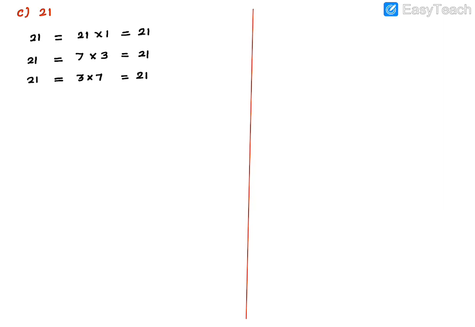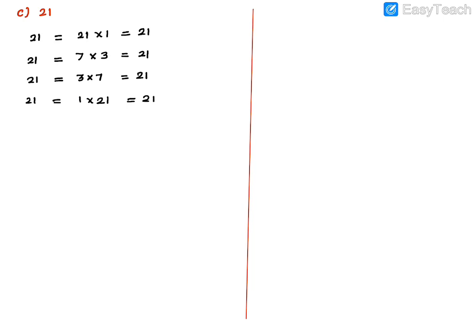Next, check on the eighth table. The given number 21 will not come. 9, no. Even 10, 11, 12, 13, 14, 15, even 16, 17, 18, 19, 20, 21. So finally the 21st table only. Okay, so 1 into 21 only 21. So you just check on the other tables. The given number 21 will not divide exactly.